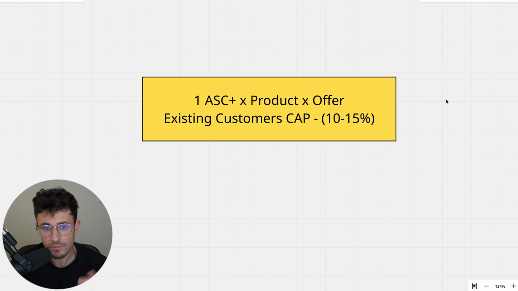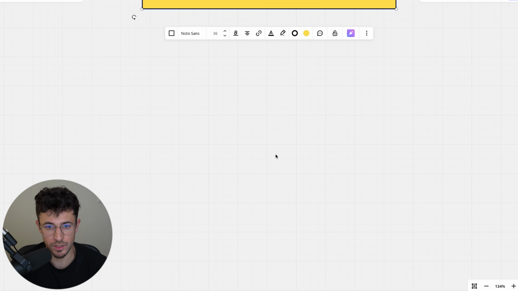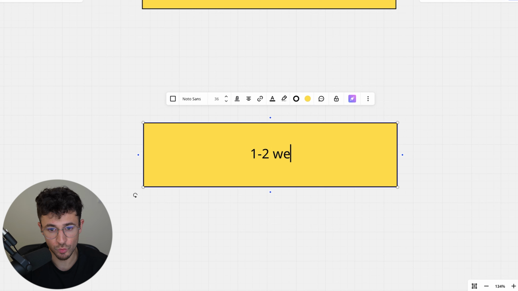And what you want to do, you want to refresh creatives. Now, what is going to happen here? Every time you refresh creatives, you also need to turn off some creatives, especially the ones that are not working. So what you want to do every 1 or 2 weeks. So let's put this one here. Every 1 to 2 weeks, you want to turn off